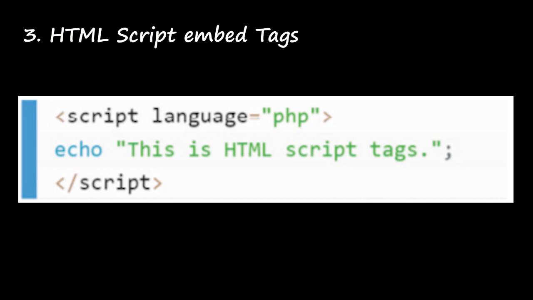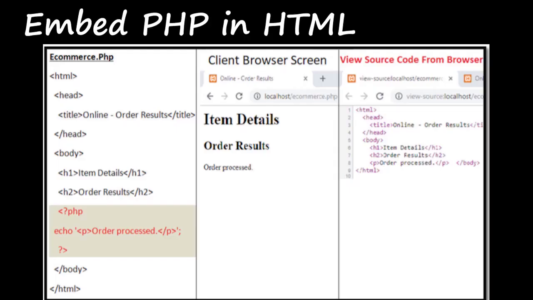Okay, next we are going to see embedded PHP in HTML. PHP script can be written inside of the HTML code, and we can save it with the extension .php. Since this will have some similarities also. This file gets executed in the web server, and the browser will receive only the HTML and other client side files from the web server.